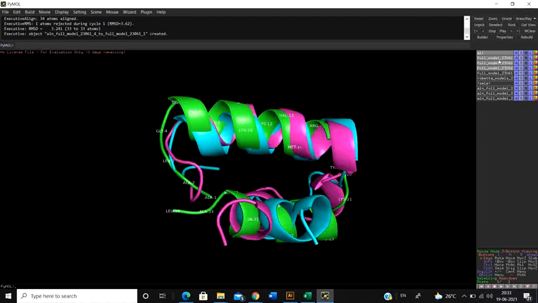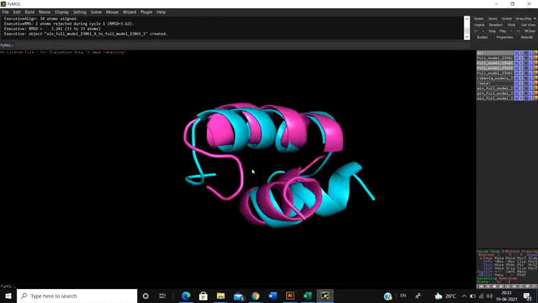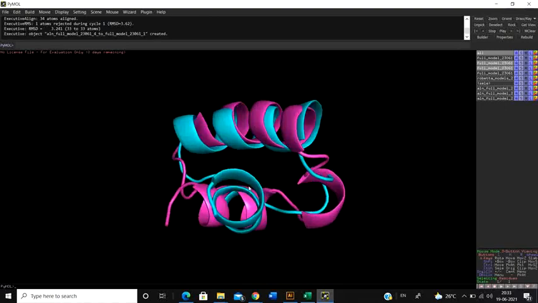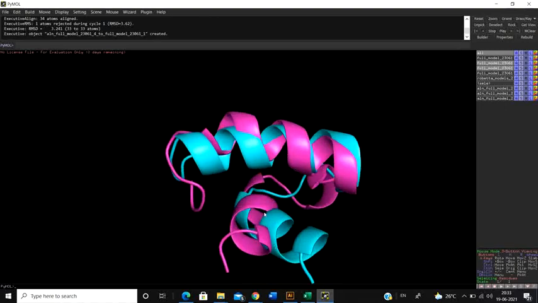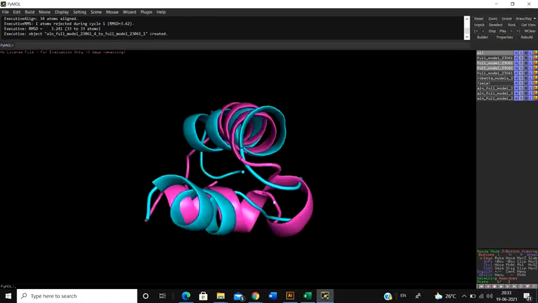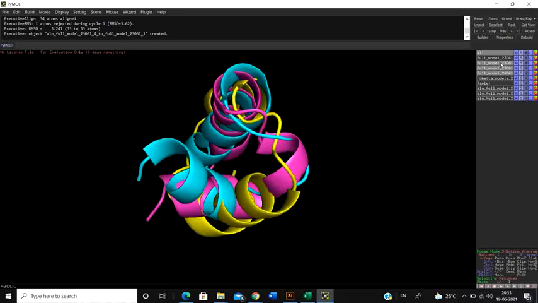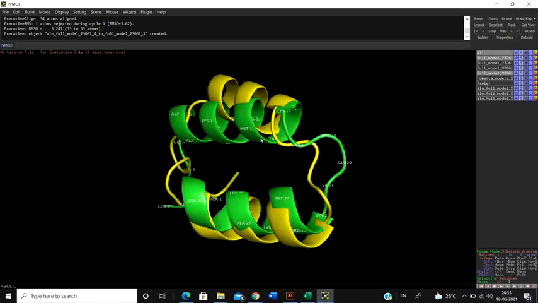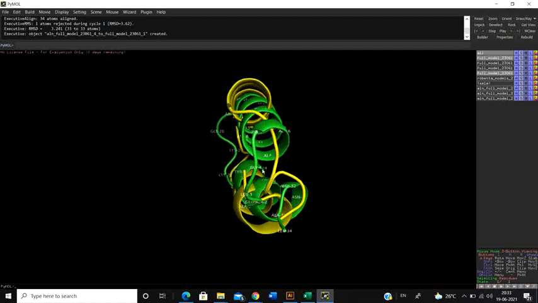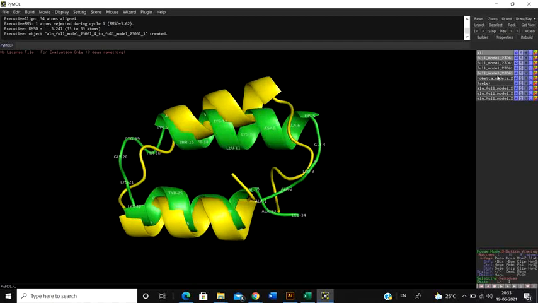So if I open the second model, now see the second model and third models are actually similar to one another. They have a 90 degree turn, they have a 90 degree turn, but the only difference is that the third model has an alpha helix tendency at the loop region, which no other structure provided. So in this particular case, if you upload these 2 models, they have similar structure, right? So like this, you can actually understand and get to know what the structures are.